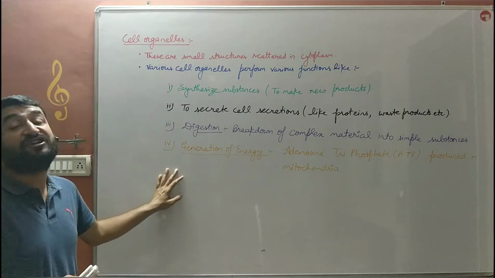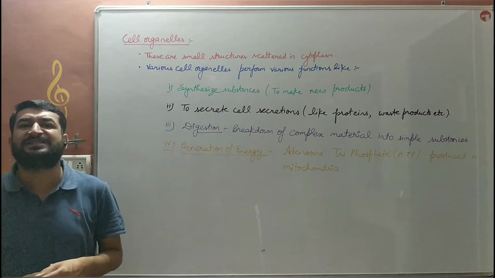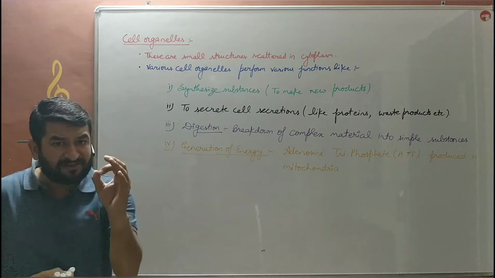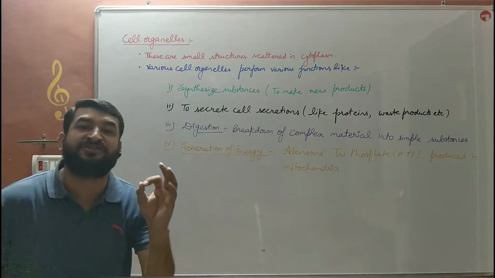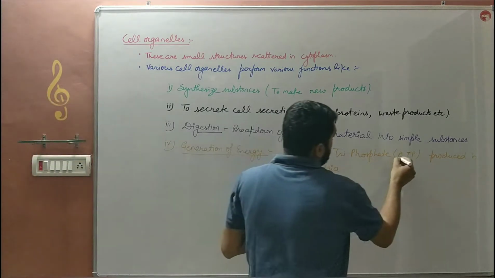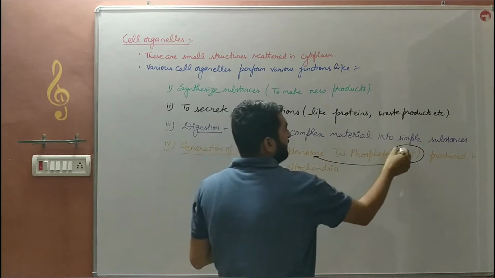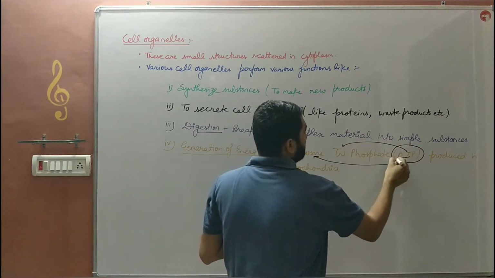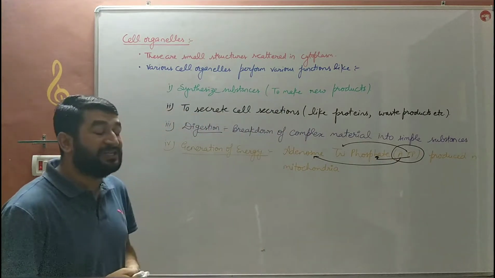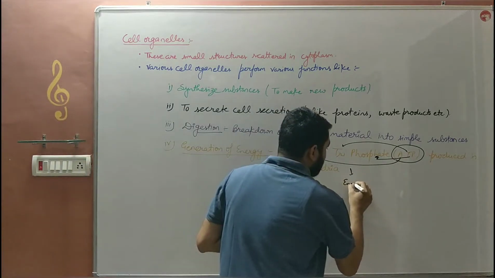The last one is generation of energy. We'll discuss that mitochondria is known as the powerhouse of the cell. Why? Cell requires a specific form of energy, that is ATP. Adenosine triphosphate is known as the energy